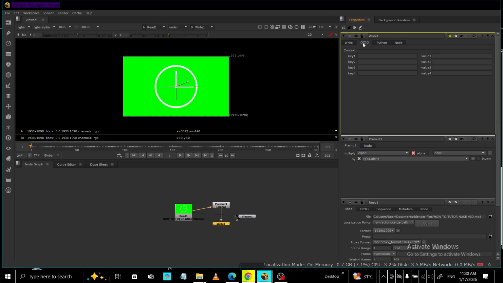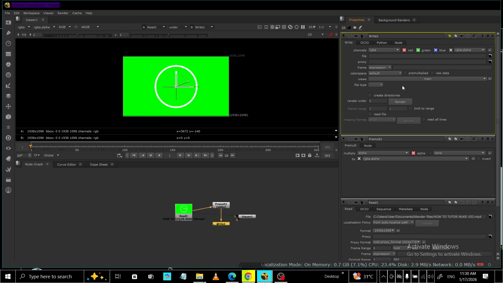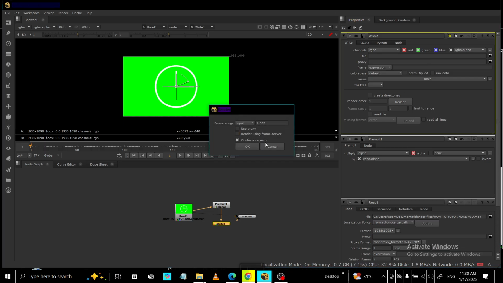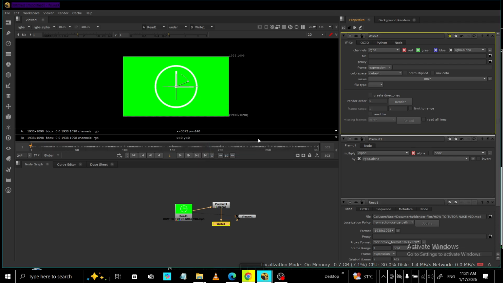Set your file path and output location. Choose a clear folder and file name pattern so you don't overwrite existing renders and you can easily find the results later. When you're ready, render from the top menu by going to render, then choose render all or render selected, depending on whether you want to process every write node in your script or only the one you've highlighted,